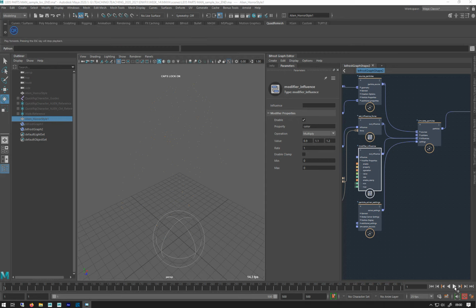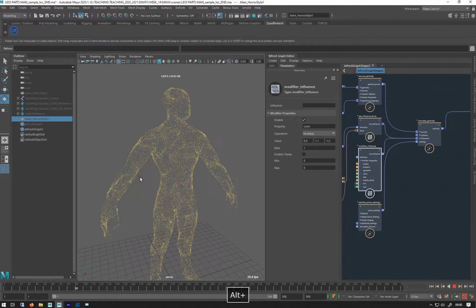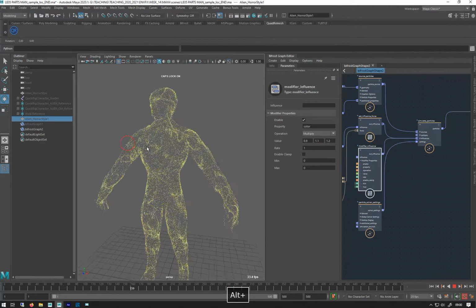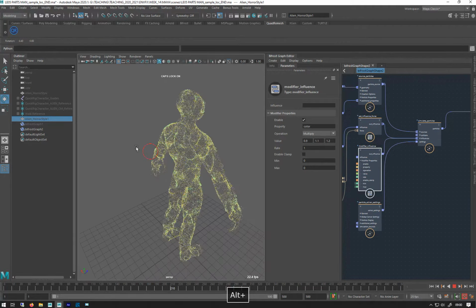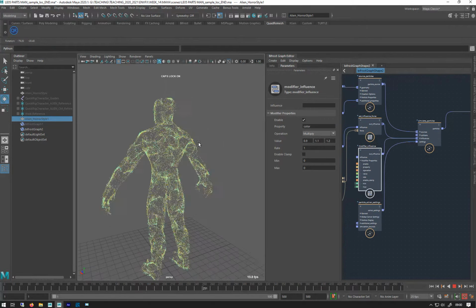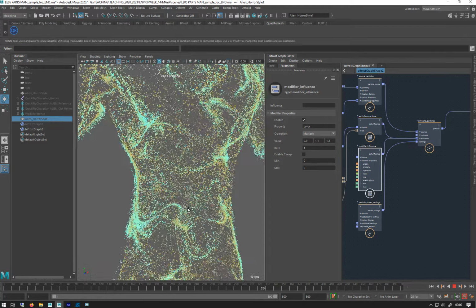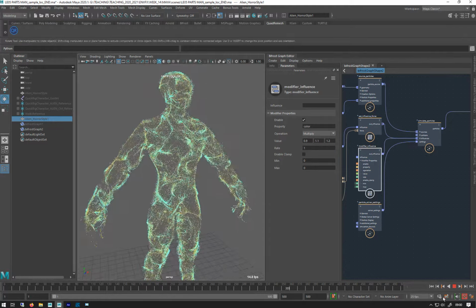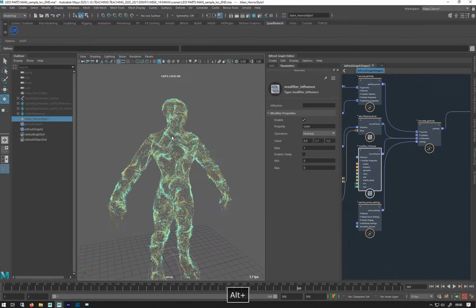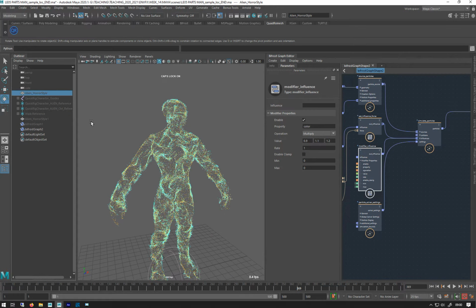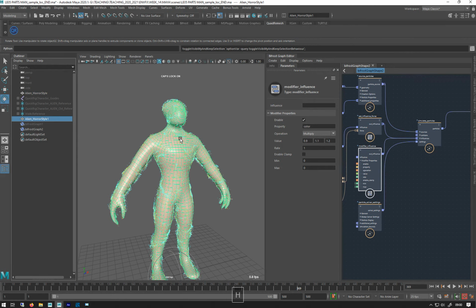We've done the basic simulation of the particles now. So we've got them sort of animating over the surface of the character. So the next step is to transfer them from the static mesh to the animated version. So if I just unhide both of these meshes, so that's a static one, and then